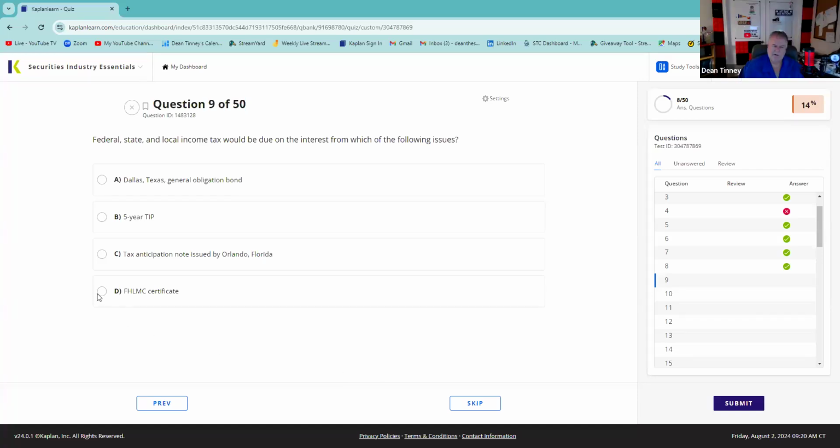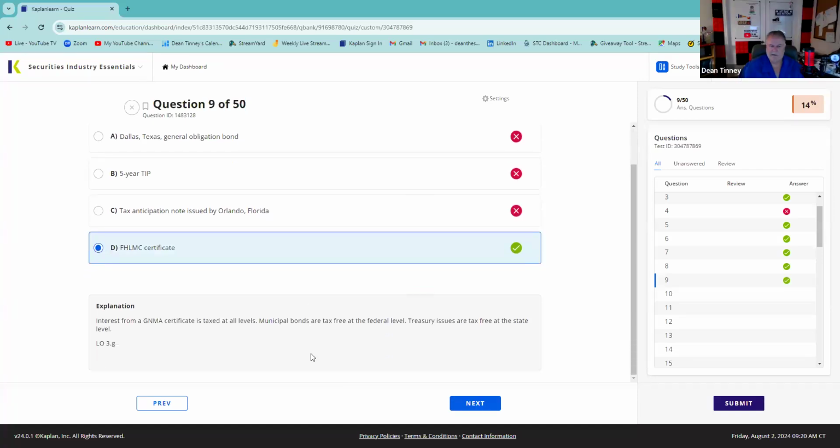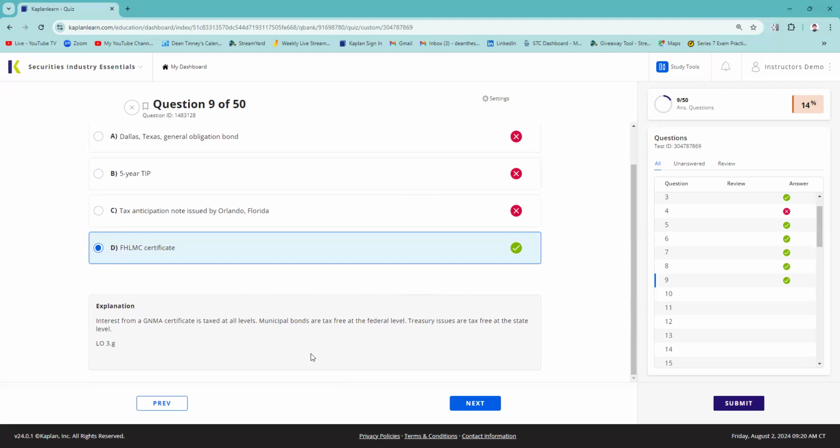Now, the one on the test here wouldn't be Freddie Mac or Fannie Mae, it'd be Ginnie Mae. And I would definitely know that Ginnie Maes are fully taxable. I kind of like this in the rationale, even though they gave you Freddie Mac, the rationale then tells you it's Ginnie Mae. It would be the same answer if we had D, Ginnie Mae, but I think you're more likely to see D as Ginnie Mae than as Freddie Mac. I got it on the test. I remember.